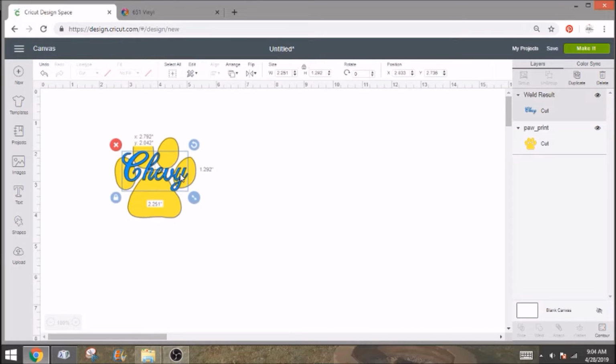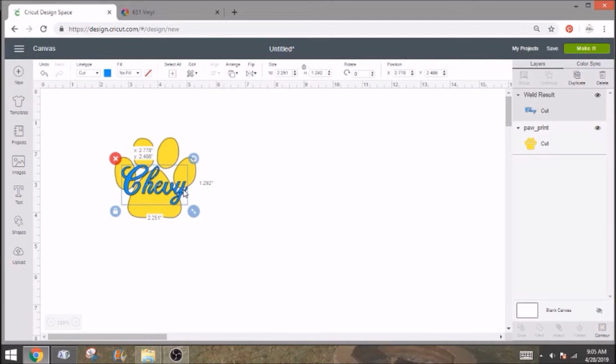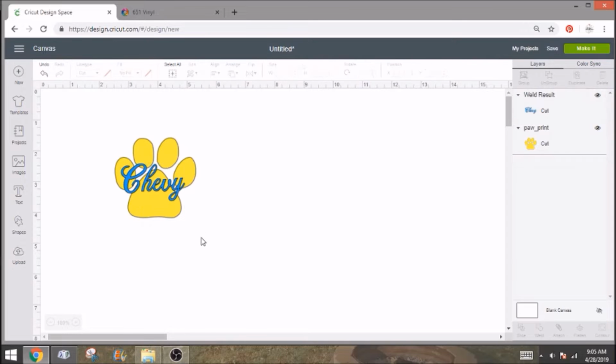And I'm just going to make sure that it's going to fit on my blank, which it should, but I think I'm going to make it a little bit smaller. I just think it's a little big because I kind of want it right in between her toes. And I might angle it just a hair. Yeah, I think that looks pretty darn good. So what we'll do, I'll get the vinyl and I'll show you guys how to load this, but we're going